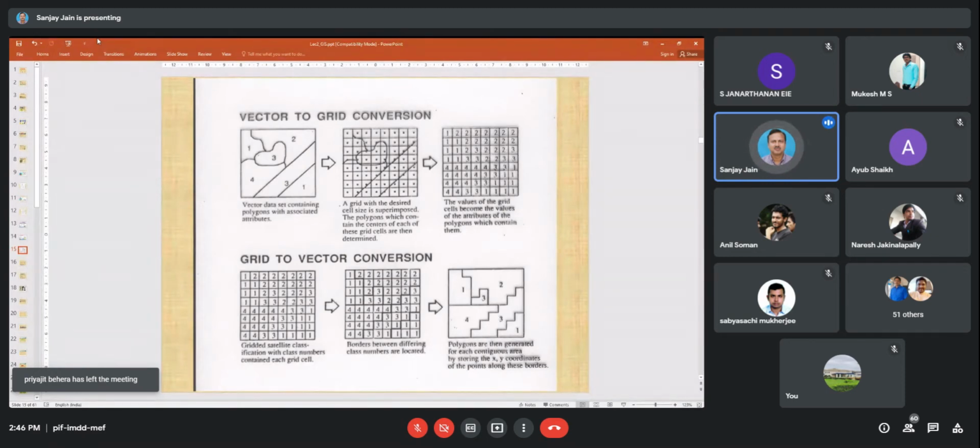Because whenever we are creating our database in a GIS, it is most of the time in vector form. But if you have to handle it with respect to your satellite data and raster, then you have to convert that into raster form. You can see that the first and last are both vector, but because we converted from vector to raster, some distortion is there. So you need not worry whether your data is in vector or raster form. From whatever source you have taken, you can easily handle it in a particular software.